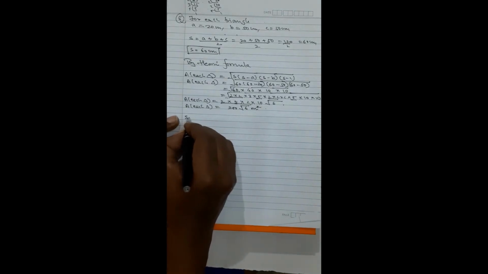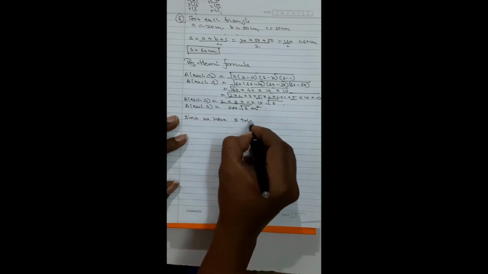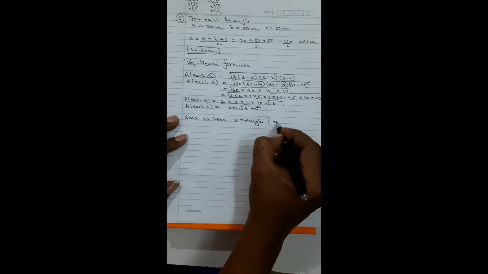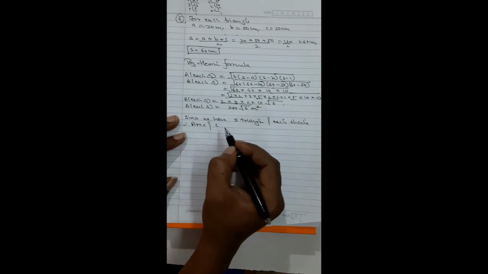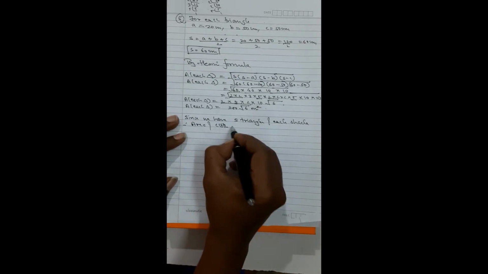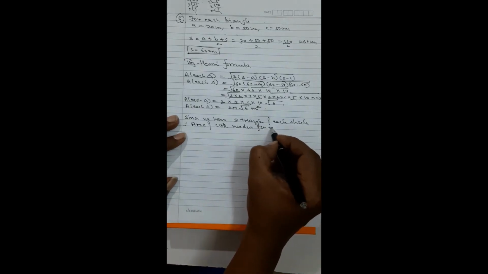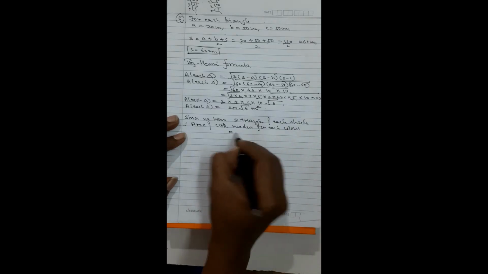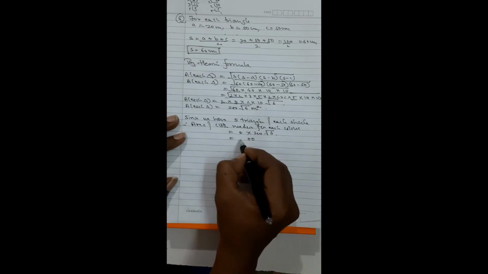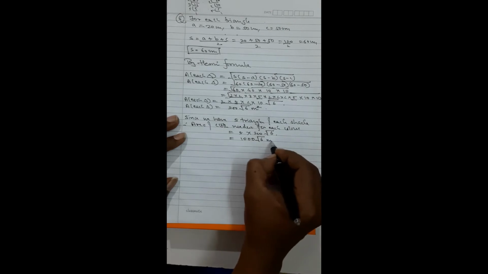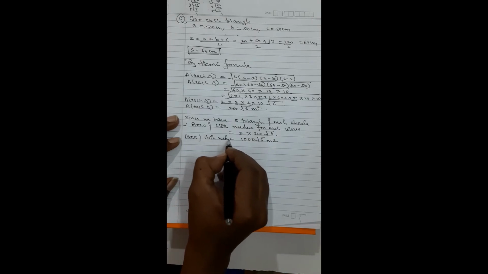Now since we have 5 triangles of each shade, therefore the area of cloth needed for each color will be equal to 5 into 200 root 6. 5 0 0, 5 0 0, 5 2s are 10, 1000 root 6 meter square will be the area of cloth needed